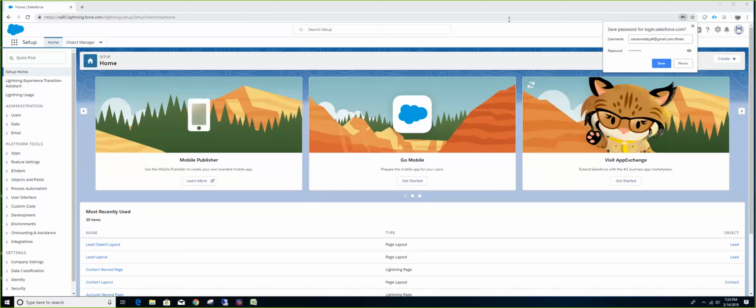And then we also have something called validation rules that we can write. Validation rules ensure that the data quality is maintained. So whenever you hit save, first Salesforce evaluates whether all the required fields are filled or not, and whether the data that you entered meets the required format, for example phone or email. After it checks that the data is in the right format and all the required fields are filled, then the transaction checks whether the data meets the validation rules or not. Only after that happens does the record get saved to the database and the 18-digit ID get generated.